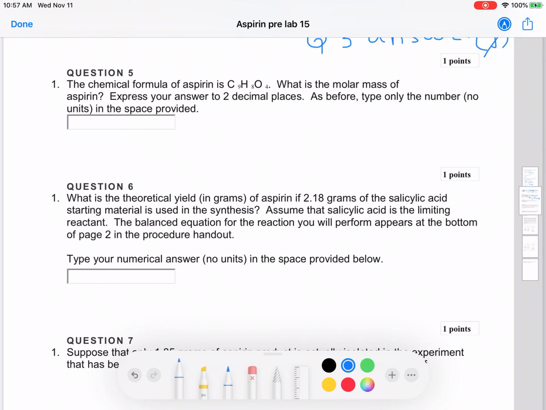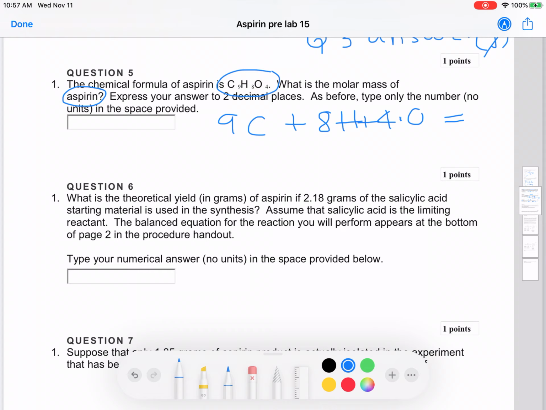The chemical formula for aspirin is given. It asks for the molar mass of aspirin. Similar to the previous question, question 3, you have 9 carbons, 8 hydrogens, 4 oxygens. You add up their molar masses, and that will give you the molar mass of aspirin. Quite straightforward. Okay, and question number 6 is asking, what is the theoretical yield in grams of aspirin if 2.18